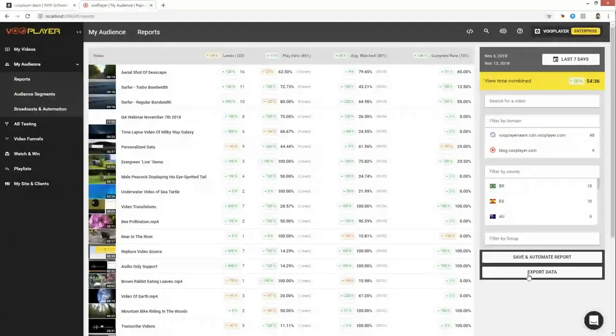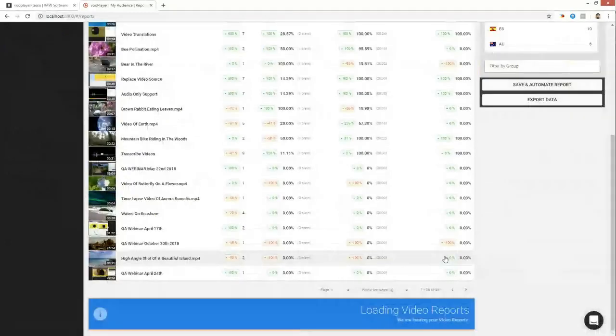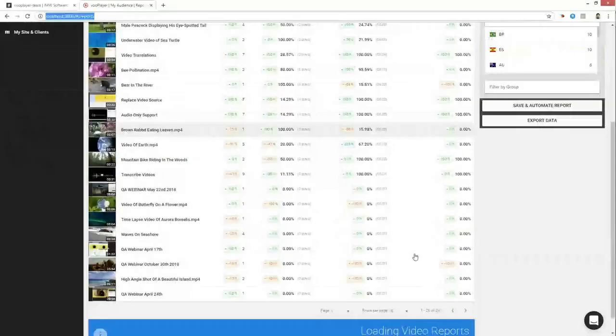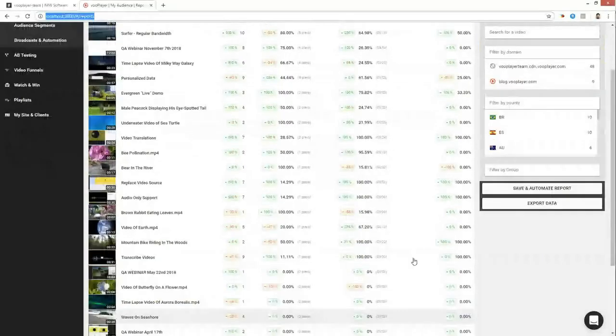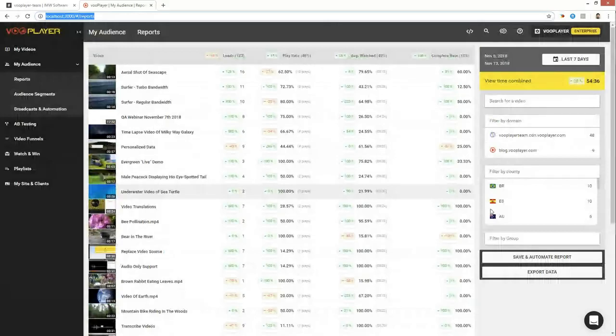Let me give this Google Sheets a whirl once more, just to see if it was something on my end, currently in my local environment, that might be throwing it off. But basically, as I mentioned, this is going to give you the ability to automate, act on, and review the data and performance of your videos across many different use cases.